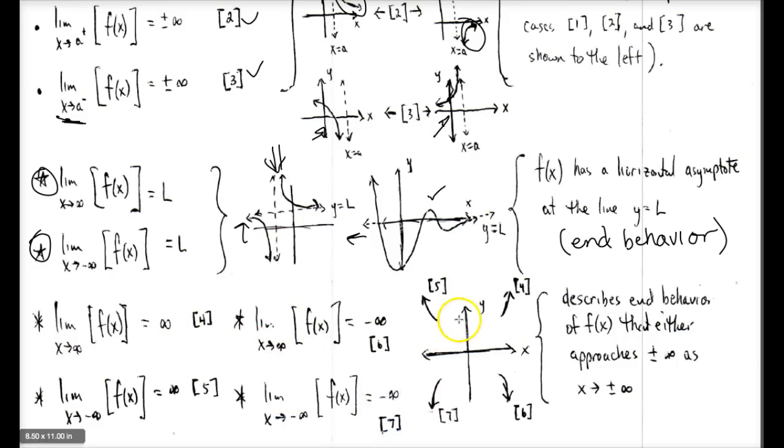And so for number 4, this says the behavior of the function as x approaches positive infinity goes to positive infinity if we have something like this. Of course, 5 says, all right, if x is going towards negative infinity and the graph keeps going up, then it looks like this. And then, of course, for 6 and 7, you see that's kind of self-explanatory. X goes to positive infinity, y goes to negative infinity, and x goes to negative infinity, y goes to negative infinity for